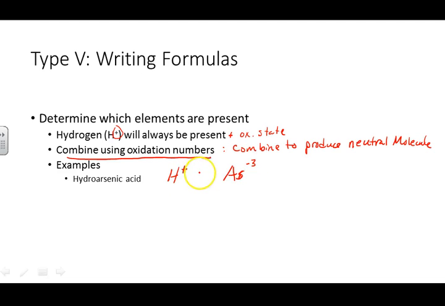So when we're looking at this, we're going to counteract this -3 to combine with 0. We're going to have 3 of these +1s. So we would have to have hydrogen, hydrogen, and hydrogen. We would have to have 1, 2, 3 hydrogens to give 1, 2, 3 positives to counter the 1 -3. So this would give the chemical formula